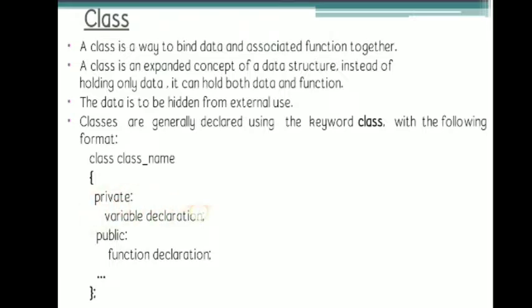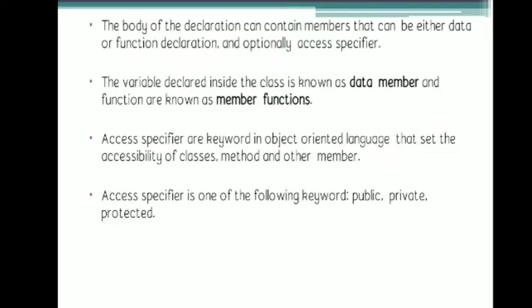If it is specified private, then we cannot access it directly, and if it is specified public we can access it directly through our object. Private members cannot be accessed directly, but we can use these private members within our public members. Only public members can be directly accessed. So to access private members we use them within public members, and these public members can be directly accessed by the object. This is given in this slide.